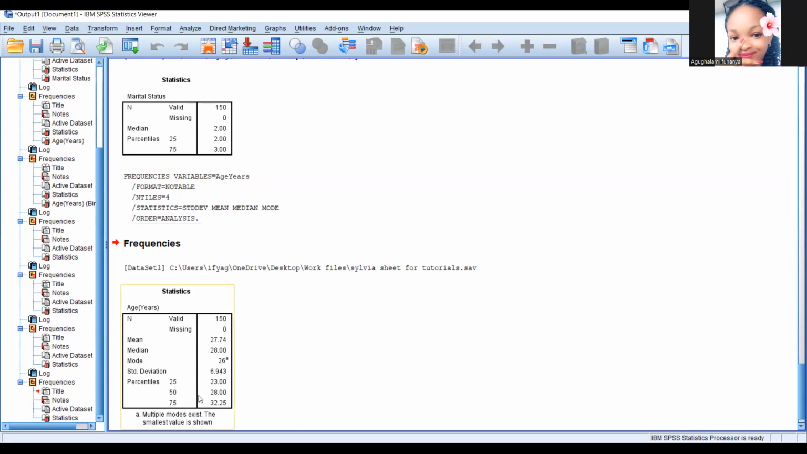All right, so this is it. Mean 27.74, median 28.0, standard deviation 6.943, with our percentiles at the 25th percentile, 50th percentile, and 75th percentile. So that is that for our mean, median, and mode, and I hope